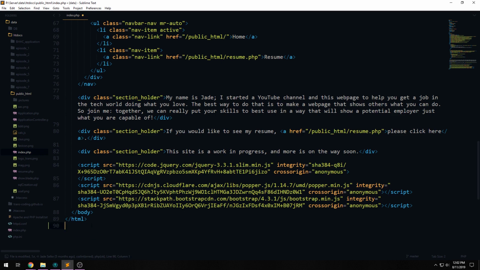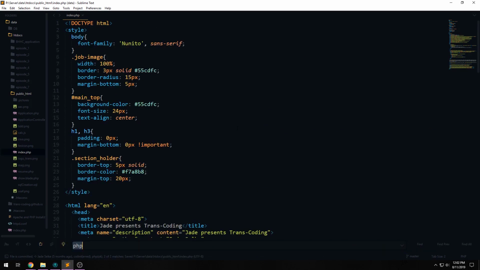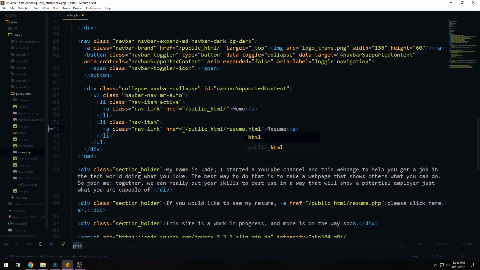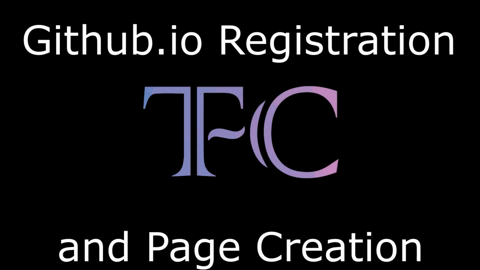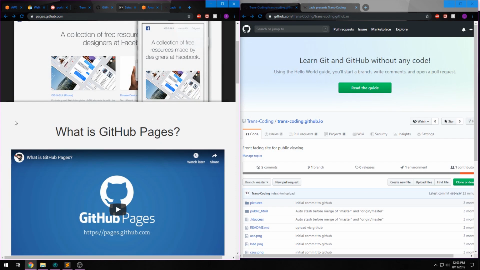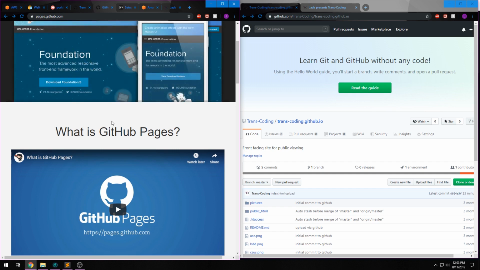Since we're not using any of that for server-side implementation so far, we can convert all of the PHP references in our file to HTML, and then we can save this file as HTML, and it shouldn't have any effect on our page itself. So I'm going to go ahead and do that now. Prior to saving that file, we're going to need to set up our Pages account for GitHub,